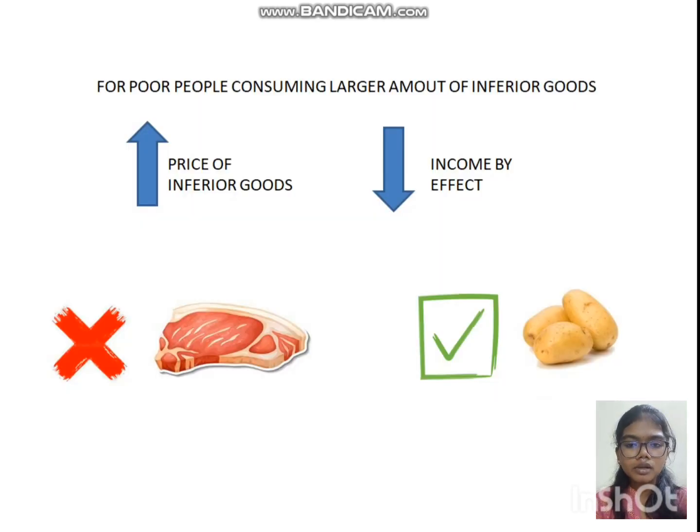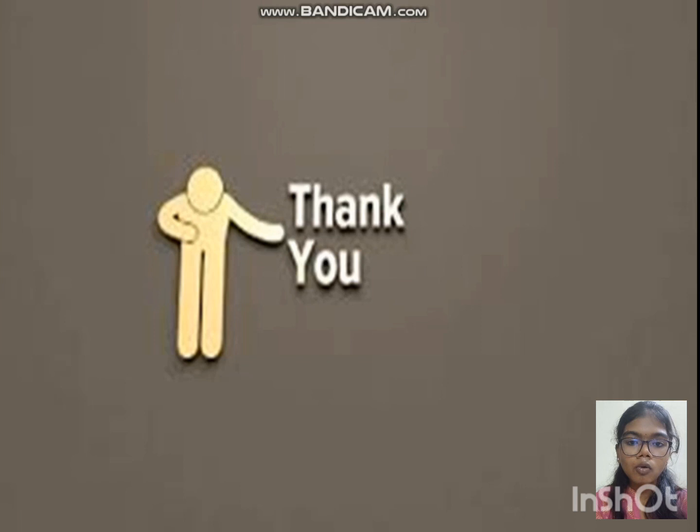For poor people consuming a large amount of inferior goods, whenever the price of inferior goods rises, it gives the same effect as if there is a decrease in their income. So, people reduce their expenditure on purchasing some superior goods, conserve their income, and demand more of inferior goods. This is the reason for the Giffen Paradox, and I hope we all got a basic idea of the Giffen Paradox,